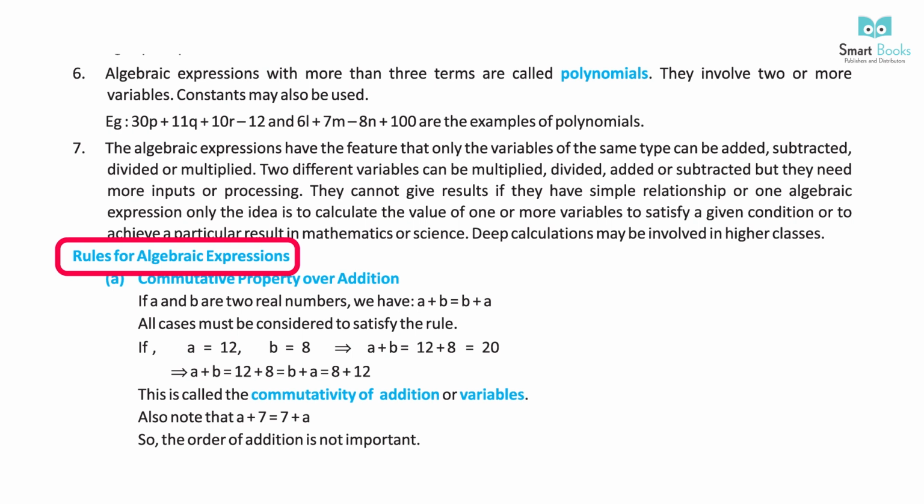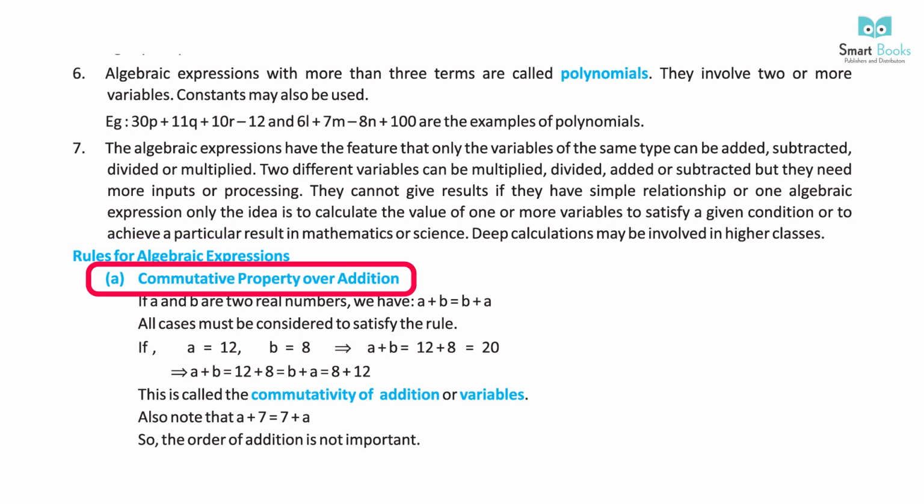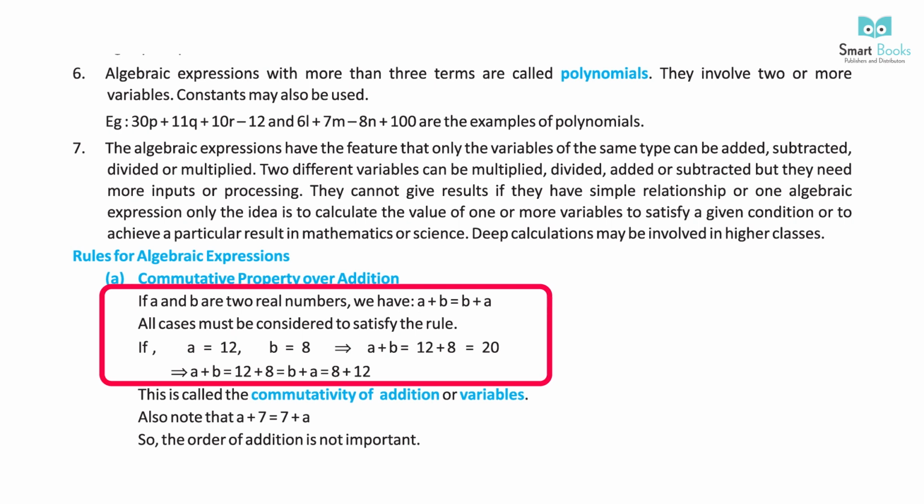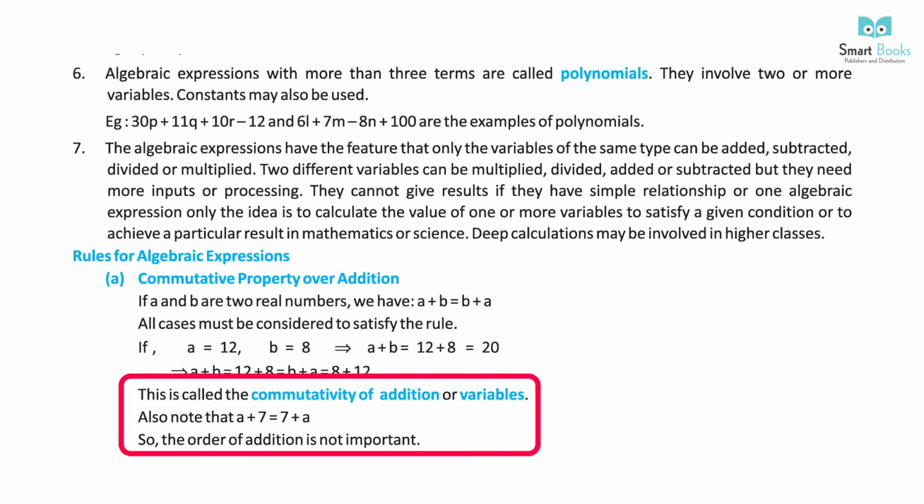Rules for algebraic expressions. A. Commutative property over addition. If a and b are two real numbers, we have a plus b equals b plus a. All cases must be considered to satisfy the rule. If a equals 12, b equals 8, a plus b equals 12 plus 8 equals 20. A plus b equals 12 plus 8 equals b plus a equals 8 plus 12. This is called the commutativity of addition of variables. Also note that a plus 7 equals 7 plus a. So the order of addition is not